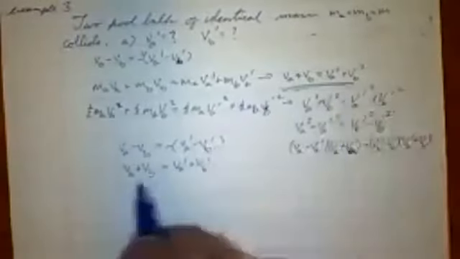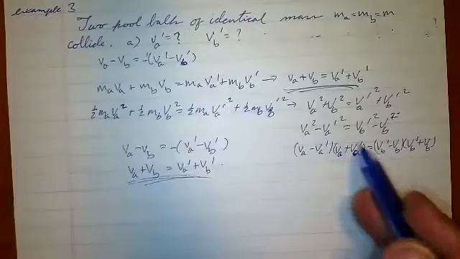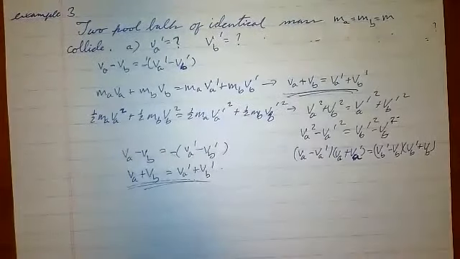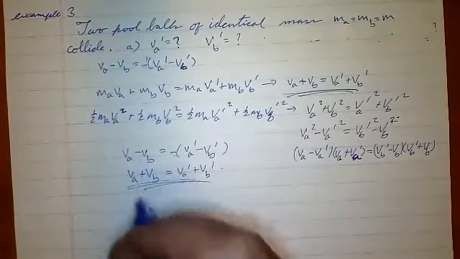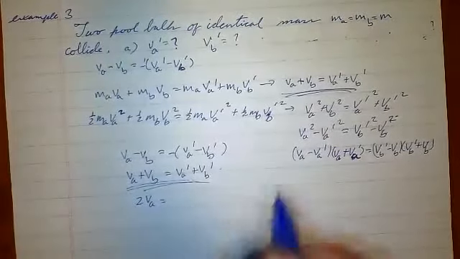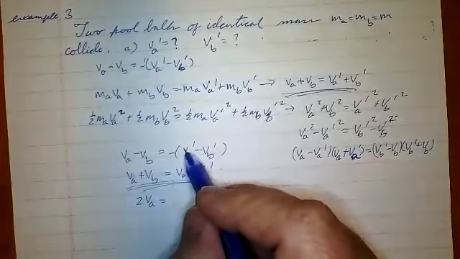Notice this is just that equation, and this is basically that first equation, which I could have got from combining those. So if I add these, I end up getting 2VA is equal to